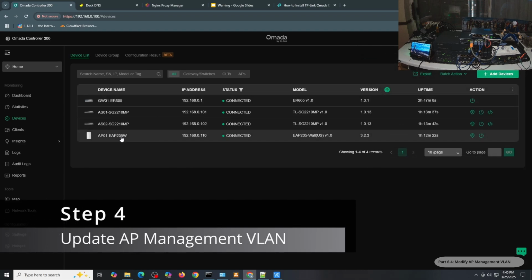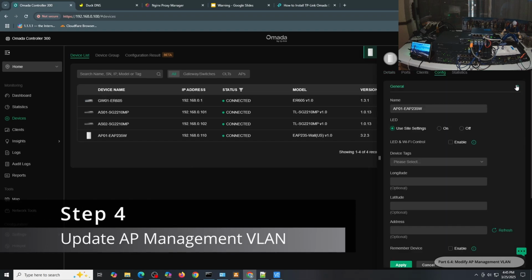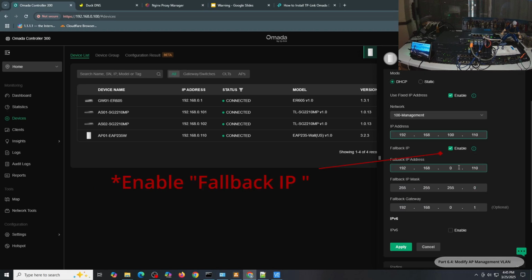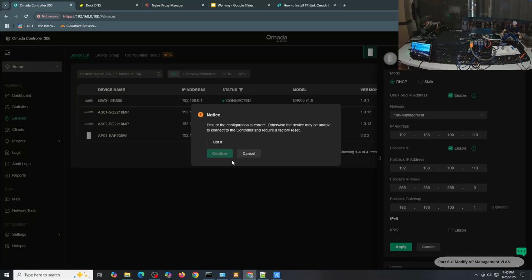And I'm going to click the access point, go to config, go to IP settings, and go to the network, select the management VLAN that we just created, and I'll select this one as well, IP address 192.168.100.100. For the fallback IP, the same thing, I'm going to update that one, and for the fallback gateway, I'll just update it, and I'll click apply.